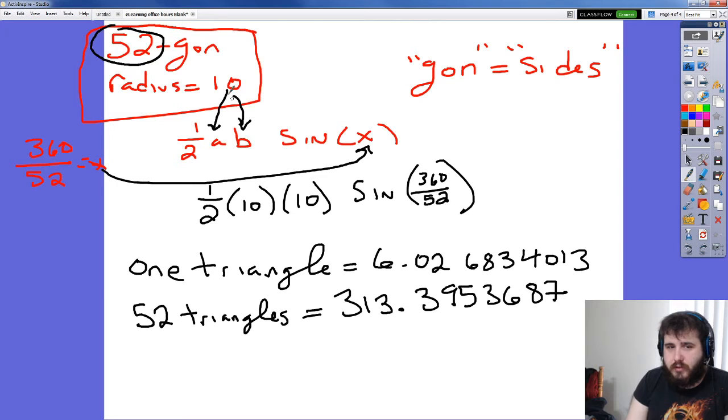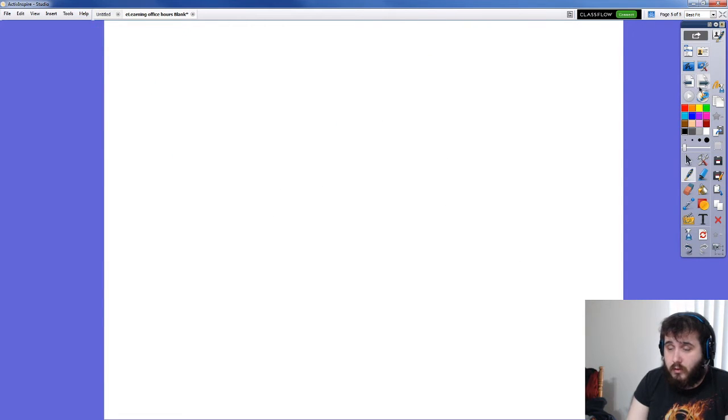So it's good to have a concept of what actually is going on visually in your brain, but then you can just write it down on the paper with your equations and stuff. You don't have to try and draw out a 52-sided figure. That's ludicrous, right? So that's all there is to this one, when you're given the radius. If you're not given the radius, it doesn't even matter what the picture is, but if you're given a side length or the perimeter, the first thing you want to do is figure out the side length. If they tell you